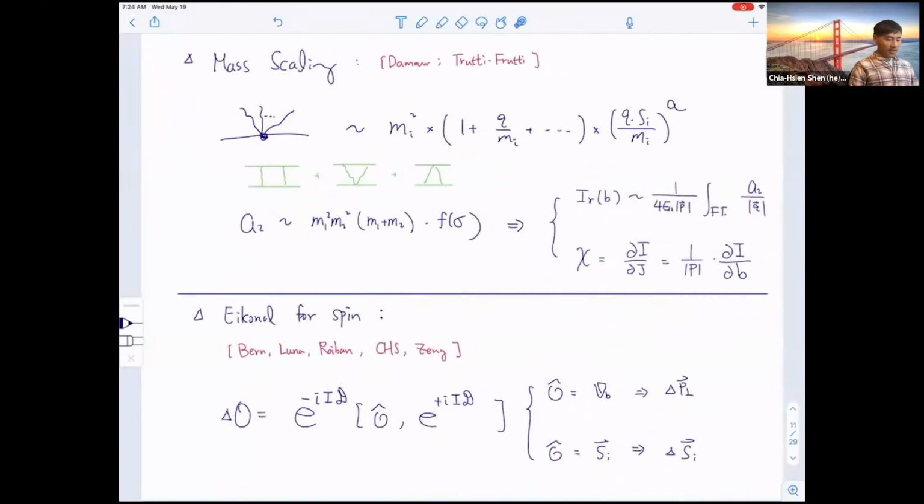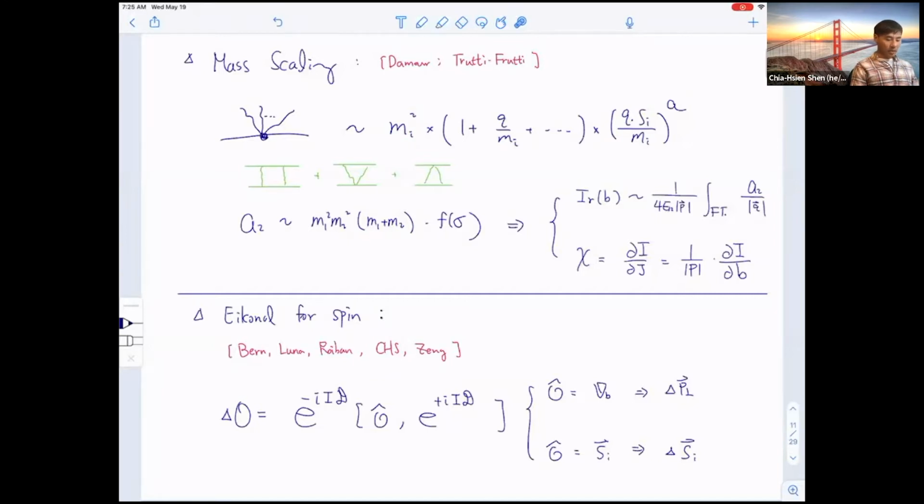Another nice thing is that it completely manifests the mass scaling from the original insight of Damour, where the fundamental vertices have this very naive mass scaling. Each one of them scales as mass squared with this Q over m correction. Even in the case of spin, we have this prefactor, and this part of the spin has to be covariant. And you can simply do this counting for the case of one loop or G squared, and these are the mass prefactors. And when you compare with the mass scaling in the original paper by Damour, the additional prefactors